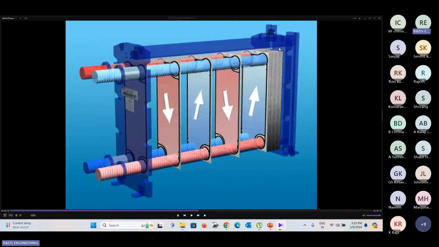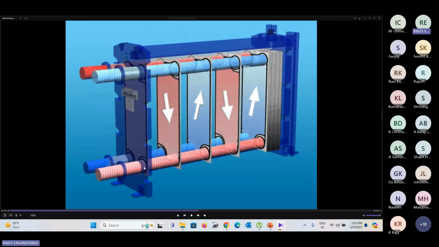Because of this gasket arrangement, if you see here, there is no gasket, and on the next plate, in the same direction, there is a gasket. So on every alternate plate, there is an opening and closing. Once the fluid enters here at the last end plate, wherever the port openings are, it falls from top to bottom. And on the bottom side, if you see the opposite, there is no rubber restriction barrier. So whatever is going inside will pass through this way, like an outlet. The hot fluid which is entering here is the same which is coming out here, on the bottom side.